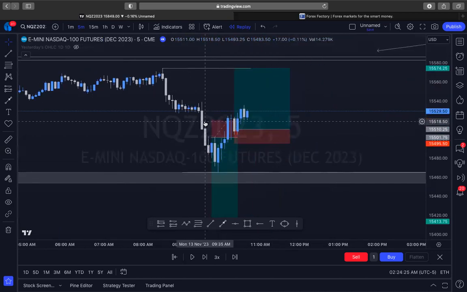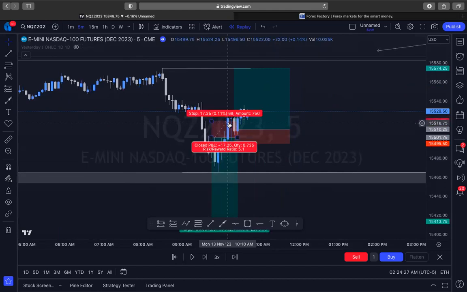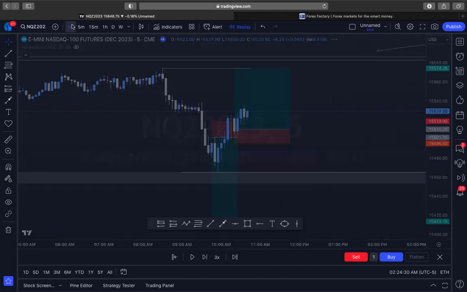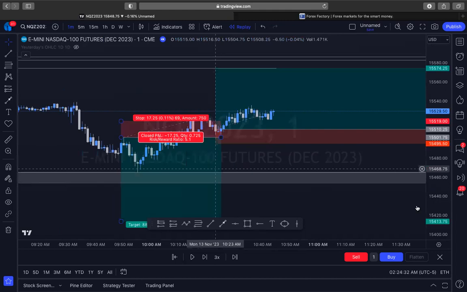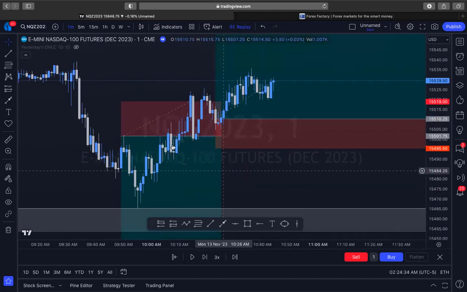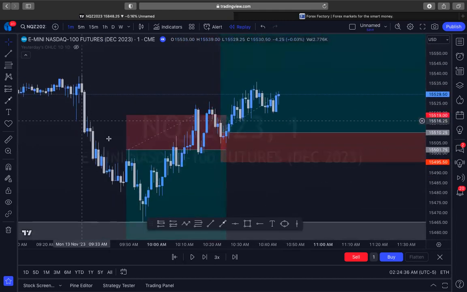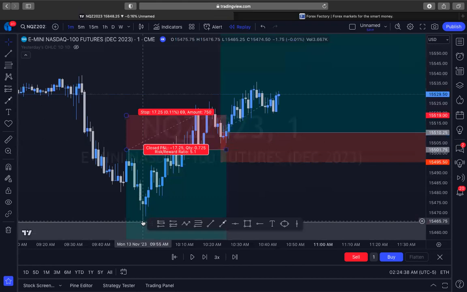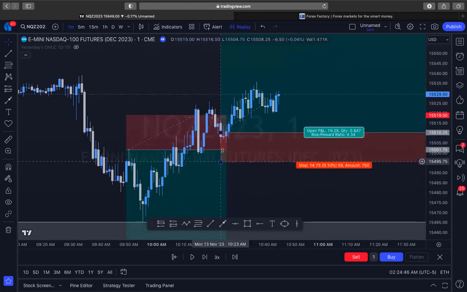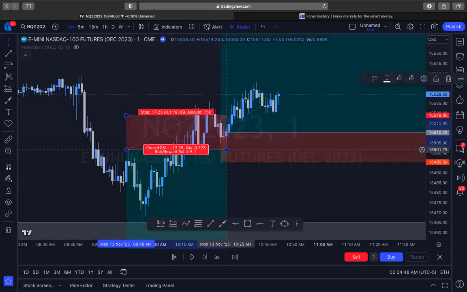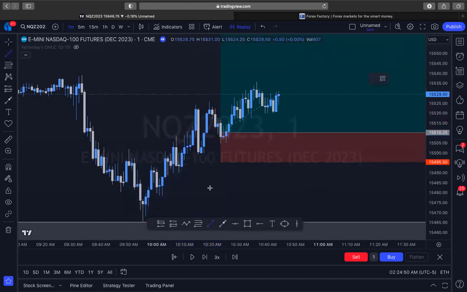I noticed that we were breaking structure here. And when this dipped back in, I think I took this trade on the 1 minute. Yes, I did take this on the 1 minute. So I saw that we tapped into this. I saw where we were targeting, what the original target should have been. And when I saw this right here, I said, let me go ahead and take this trade right off. But as soon as I saw this right here, this kind of gave me another confirmation that we wanted to go higher, right?